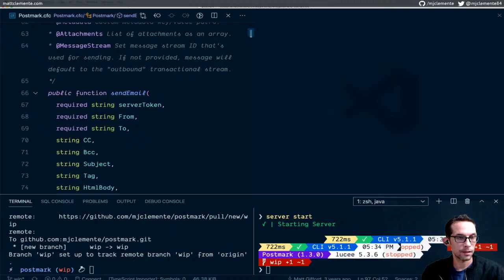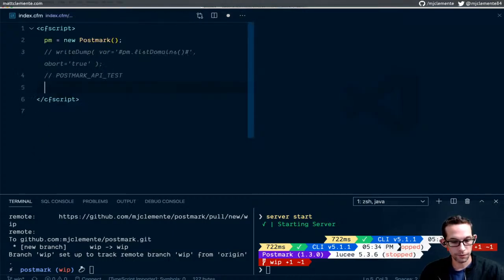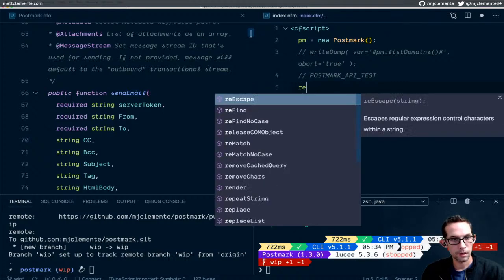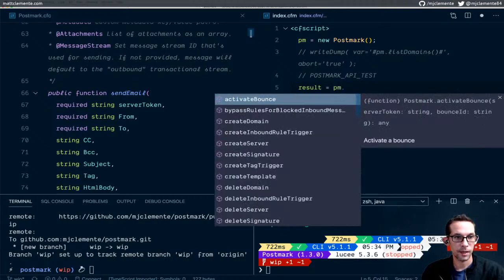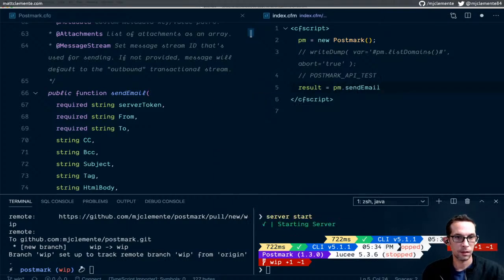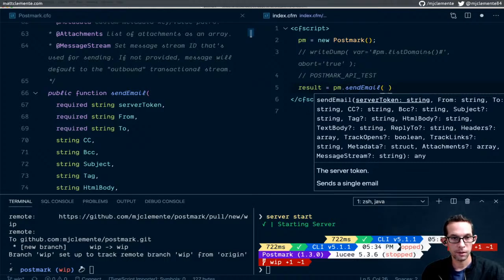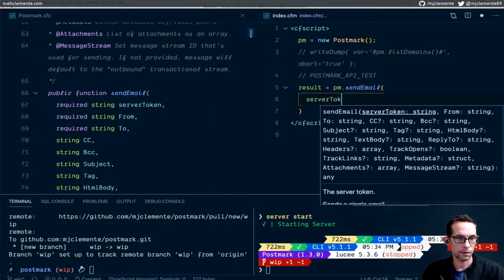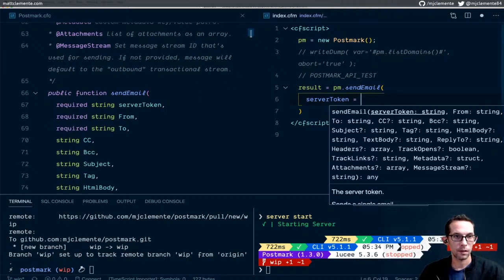Let's split this. Let's open up index, move it over. And in here, let's see if we can do, all right, result equals pm dot send email. And all right, the server token equals this